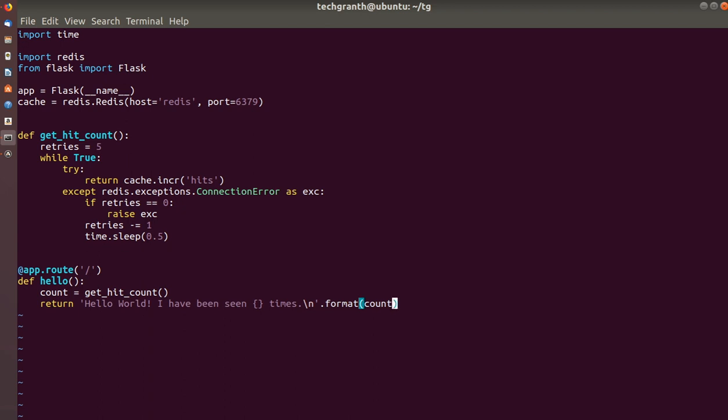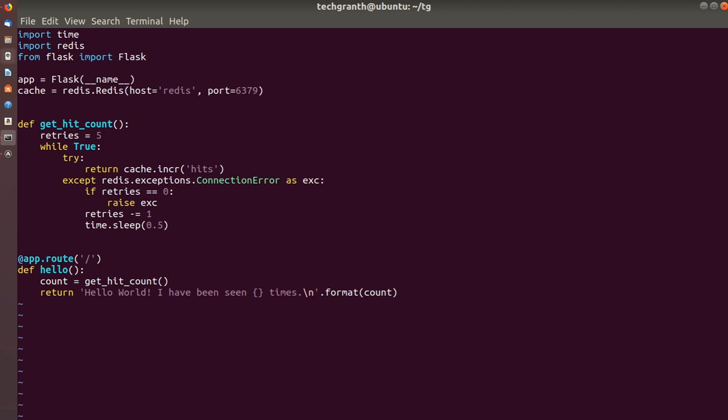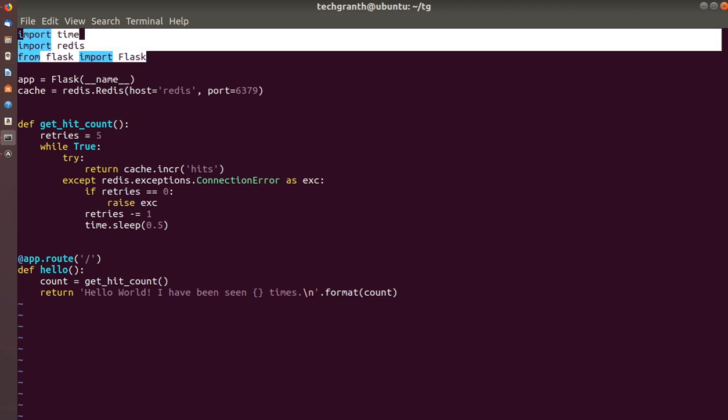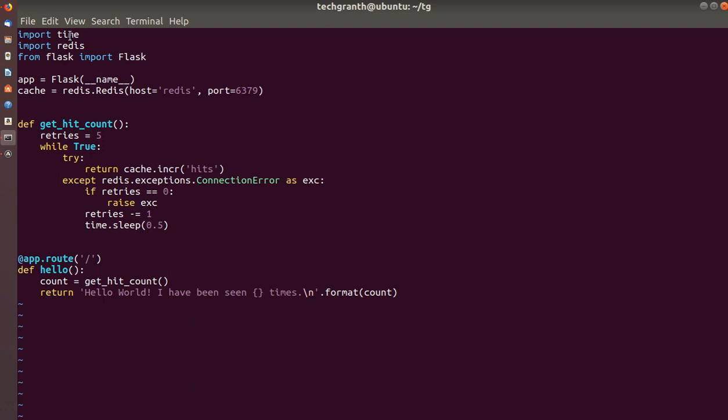What we are doing here, we are importing the time module and Redis module, and also Flask. So these are three modules we are importing. First is time, second is Redis, and third is from the Flask module.